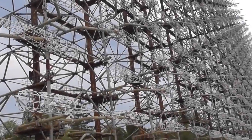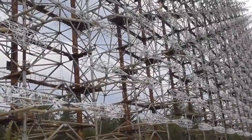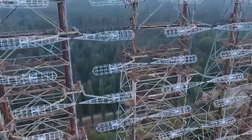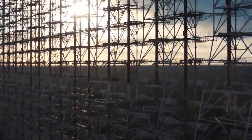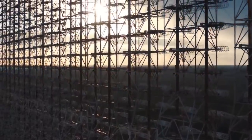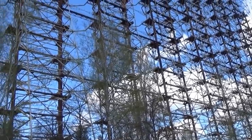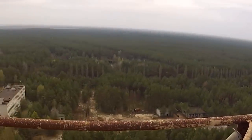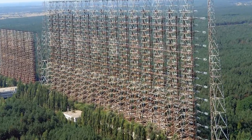Standing derelict in the fields around Ukraine's Ivankivsky district is a radar facility that was once so powerful that it used to disrupt radio broadcasts everywhere in the world. When it was powered up, the facility broadcast a constant ticking or tapping sound that could be picked up on radios thousands of miles away, and earned the Duga Radar the nickname of the Russian Woodpecker. Yet again, the creation of this unbelievably huge radar network was a Cold War